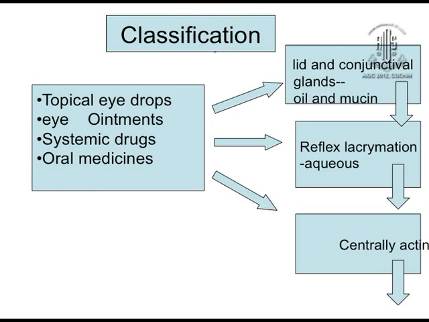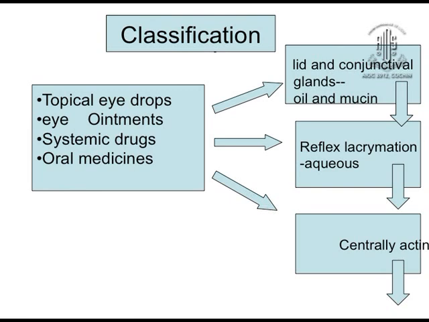The drugs which are applied in the eyes topically and which produce the problem most are the beta blockers. So why do we have problems with these drugs? Because normally the patients are on these drugs for almost the rest of their lifetime. So prolonged use of all these drugs creates problems. Then there are antibiotics and other drugs like atropine and anesthetic agents. These drugs, atropine and others, act by the reflex mode of action.